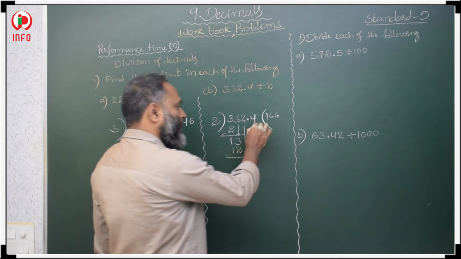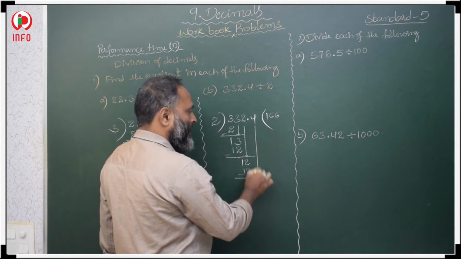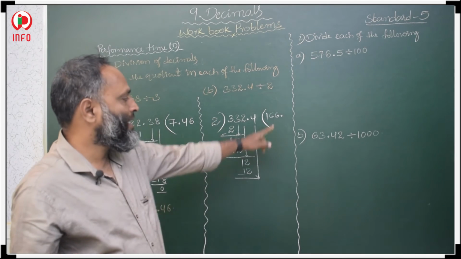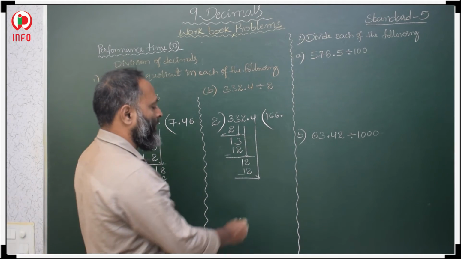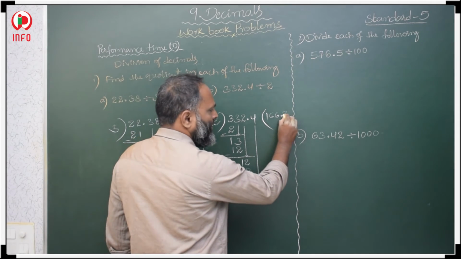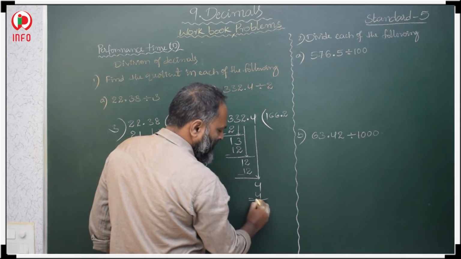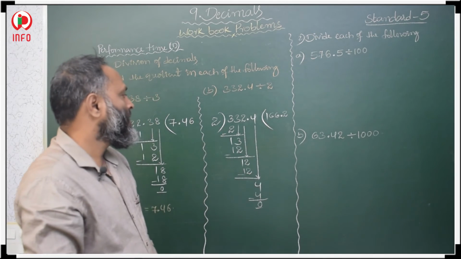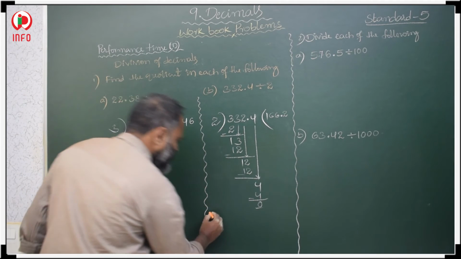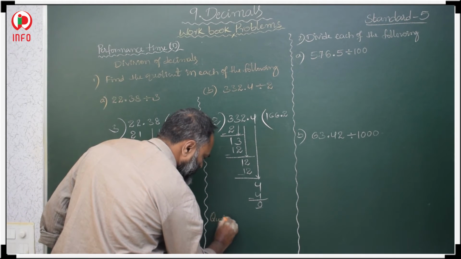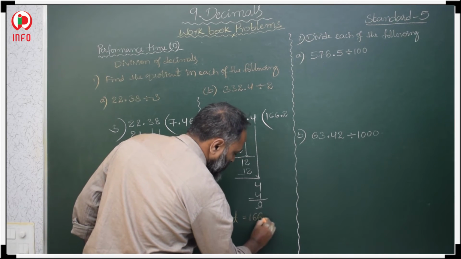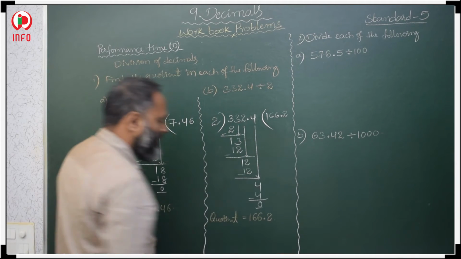Then after that copy the decimal point. When we are copying the decimal number, first we should put a decimal point in the quotient, and after that copy. When will you get 4 in the 2 table? 2 2s are 4. 4 minus 4 is 0. Nothing is left after that. So then what is the quotient? 166.2. This is the quotient.